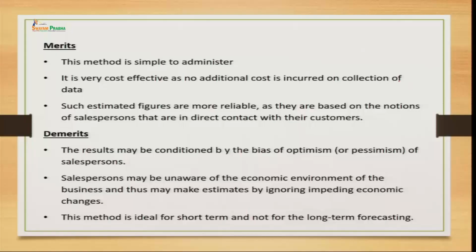Now, looking at the merits and demerits again for this sales force composite, again this method is simple to administer, right. Rather than collecting the data from the consumer, now we are collecting the data from the sellers or the sales representatives. Okay. So, there is again no problem. Again this is simpler than the previous method, because these are the people who are known to the company also. Okay, because the company has given them that kind of a distributorship, or they have made them agents to sell that product to the customer. So, directly we can reach out to these people. So, again this method is simple to administer.